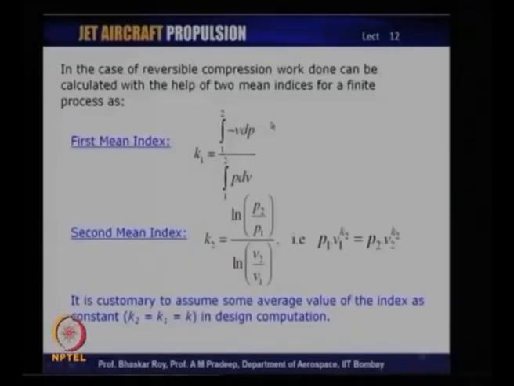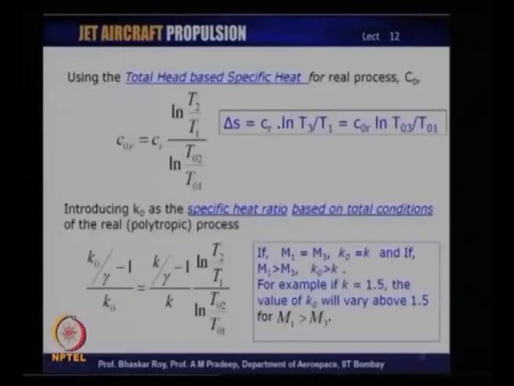If we show a thermodynamic process in our cycle through the stagnation property chain, then it stands to reason that we should be using a total head based specific heat, which means instead of C r that we had written down earlier for a real process, we should be writing C 0 r. Now, this C 0 r for a total head based specific heat definition can now be written down as C r to the power ln T 2 by T 1 divided by ln T 02 by T 01,